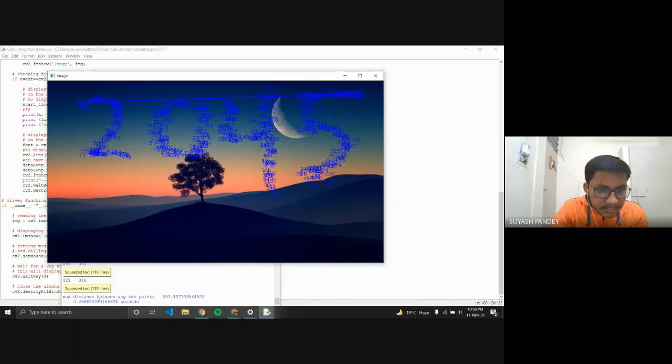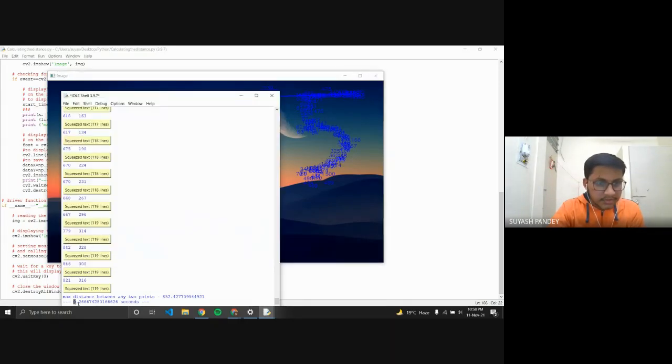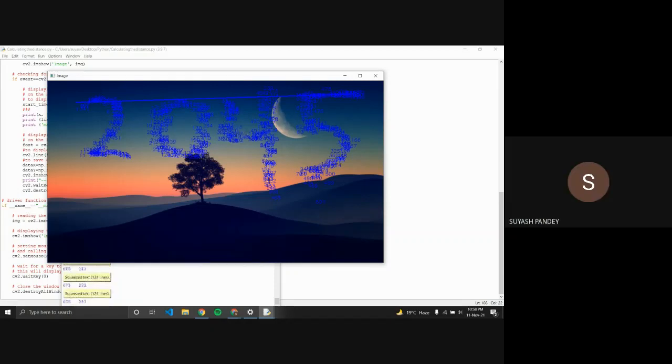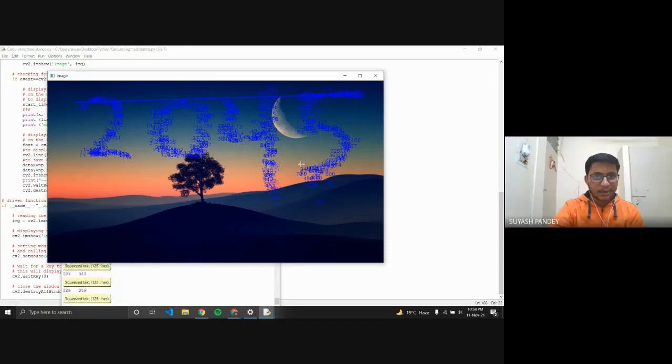So you can see that this program has worked properly and it has marked the maximum distance between the 2 points, that is between point number one and the other point we cannot see because of this mess. The execution time of the program was 0.266 seconds because obviously there were many points. So our program has functioned properly and you can see it. I hope you like this program.